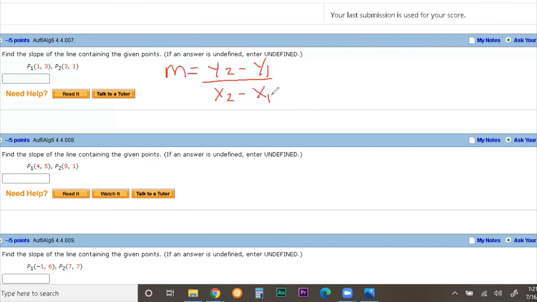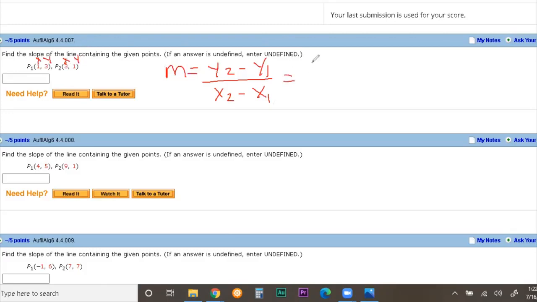When they give us P1 and P2, the values in P1 are going to be our x1 and our y1, and the values in P2 are going to be our x2 and our y2. So when we plug that in,